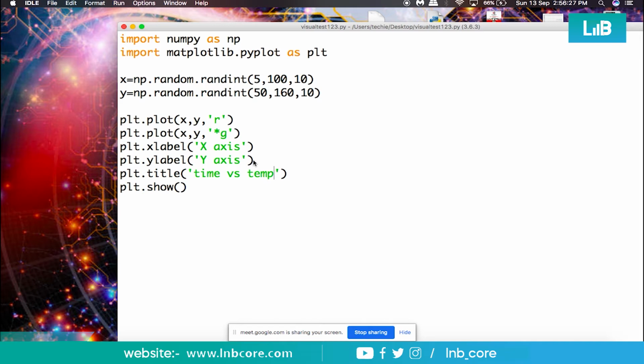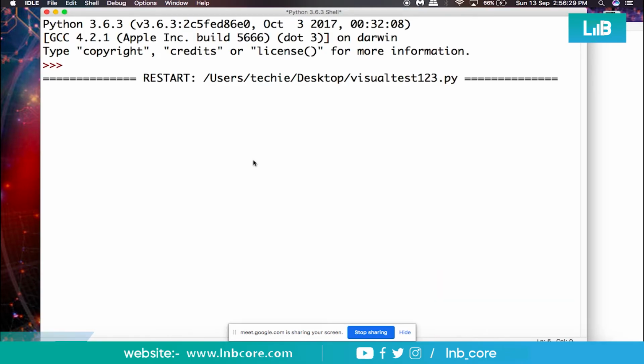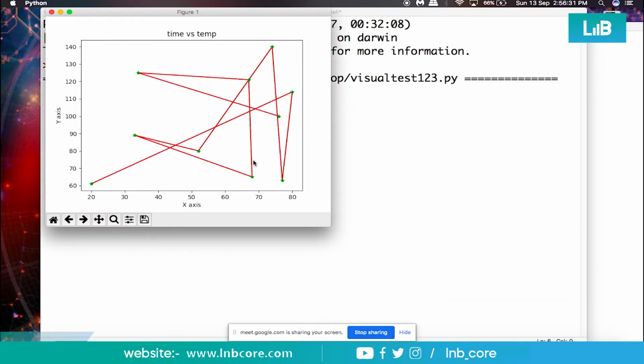We save it and run it. Got it? So here we've got the label also and the title also, and automatically these axes are designed. The values of x-axis and y-axis are designed automatically, right?